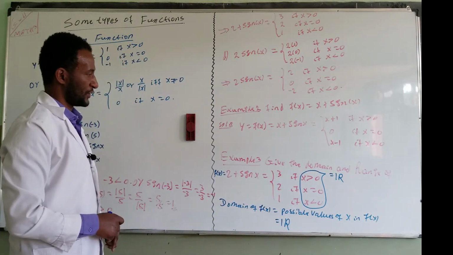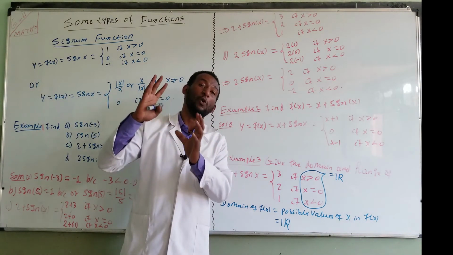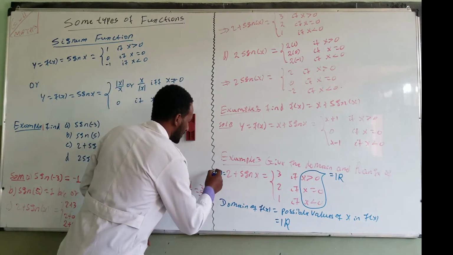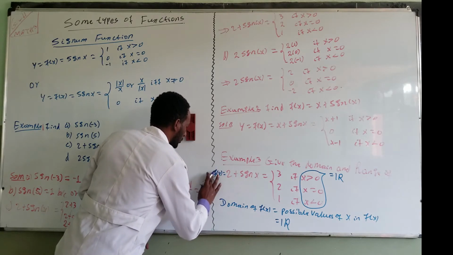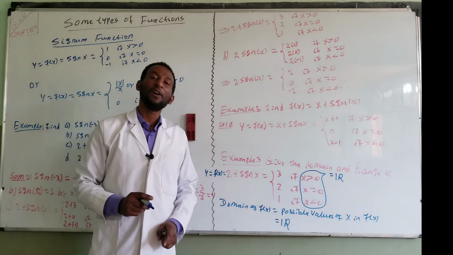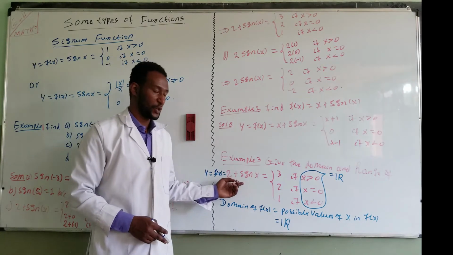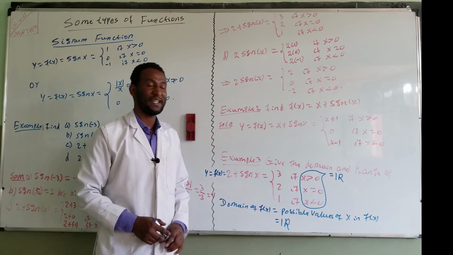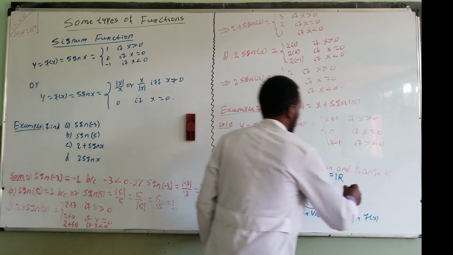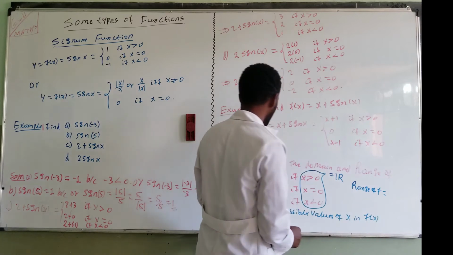And when we find the range of this function, the range of the given function means the possible values of the given function. When we say this function is, let us say, y, let us say f(x), which is equal to y. That means a possible value of y is the range of the given function. In the given function 2 plus signum x, 3, 2, 1 are possible values of y. Therefore, the range of f is equal to